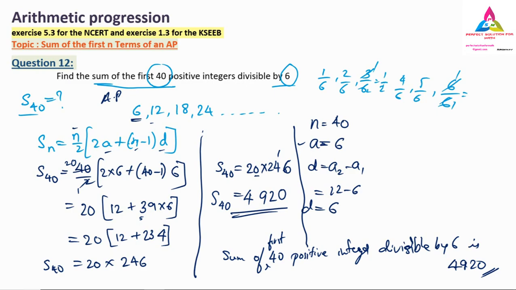It is an easy part. Remember, like this way the question again they will ask as a 2 marks question, but here they have asked as divisible by 6. They may change it to divisible by 4 or divisible by 8, 7, like this way they may ask. But the same method we have to follow. How much sum we have to find, that is important. If 40 positive integers they have given, in other cases it may be given as 20 or 10. Solve like this way only. Understand the procedure and how to solve that.